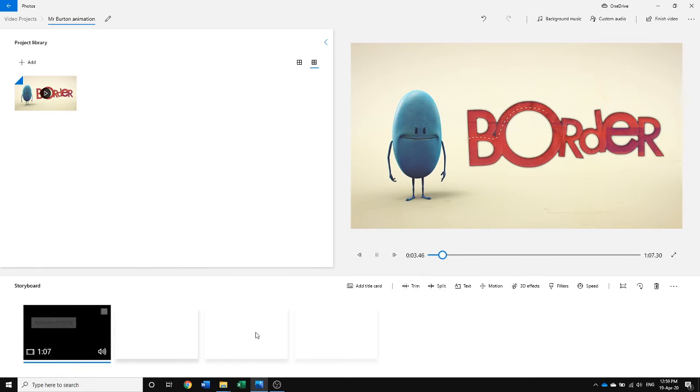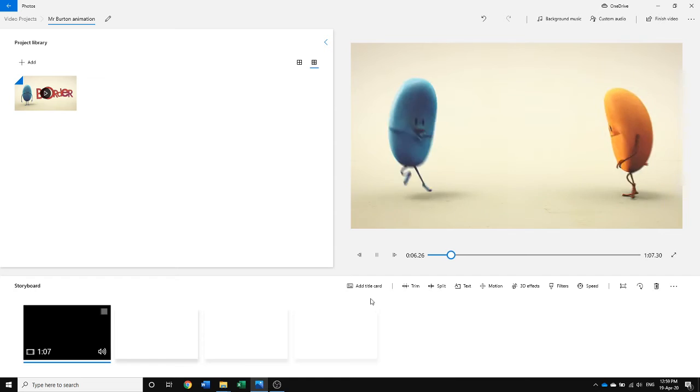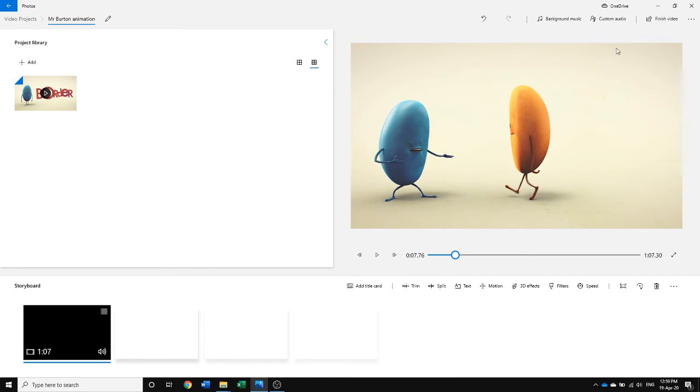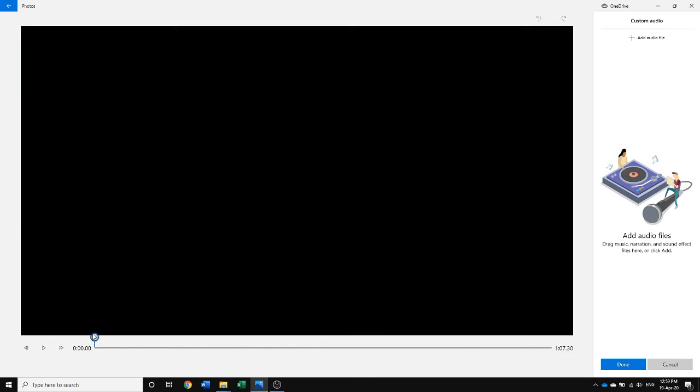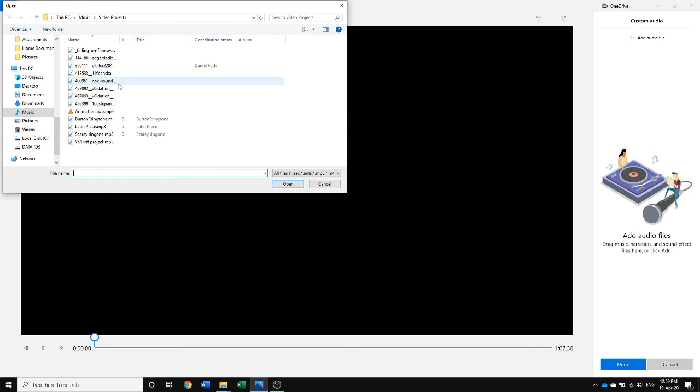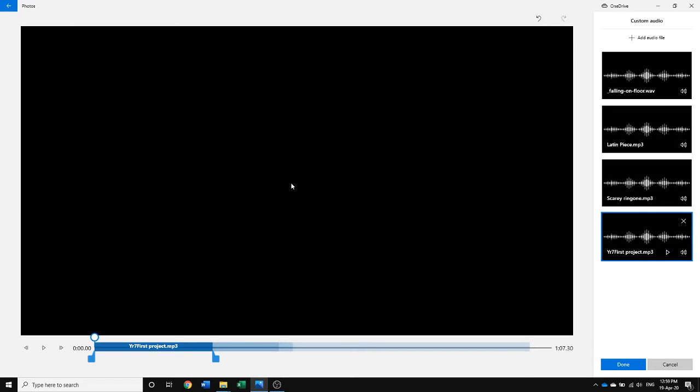Good. Okay, just expand. Now what I'm going to do is add some custom audio, and to do this properly, by the way, you can drag along like this to get to where you need to go. I'm going to add an audio file, so I know I'm going to use this one and this one and this one, and I'm going to do the falling on the floor one as well. So I open all of them, and it's dropped them all in at the start, which isn't where I want it to go. So I'm going to undo all that,